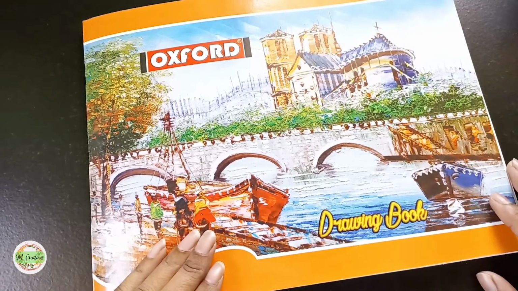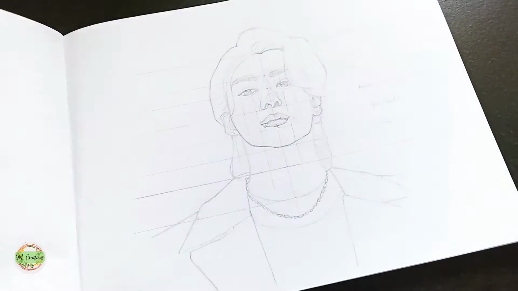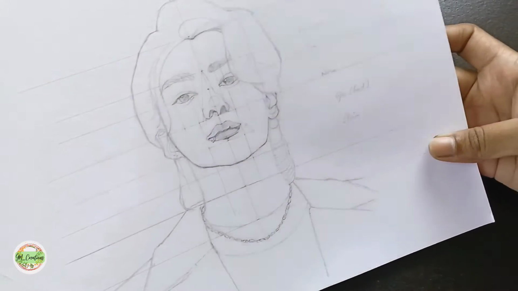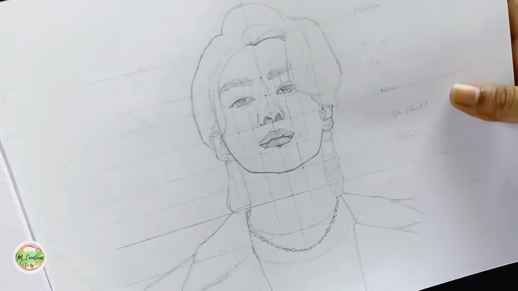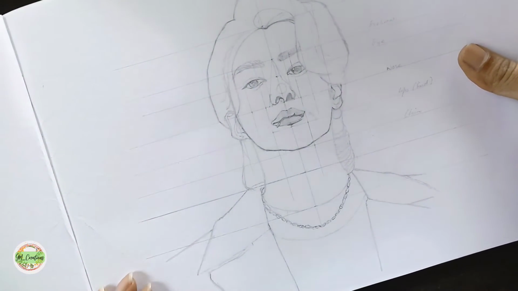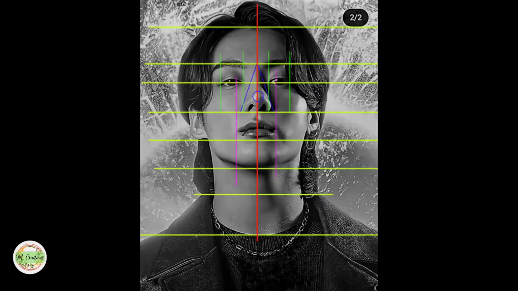So from this song, you must have guessed today's topic. Yes, today I am going to draw the portrait of Jungkook from BTS. The portrait is used from the cover image of FIFA World Cup Qatar 2022 soundtrack Dreamers. For doing this portrait, divide all the face part like this.